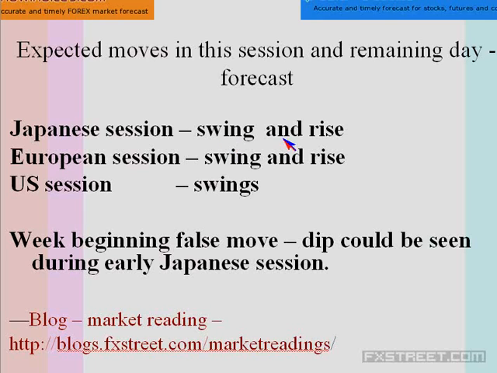During the Japanese session they are expected to swing and rise slowly, and during the European session they are expected to swing and rise and continue making swings near Friday's high and slightly above during the US session. So a week-beginning false move dip could be seen during the early Europe and Japanese session. Then afterwards they are expected to gain the levels, and tomorrow they could again make a dip at the start of the day and then subsequently gain the levels,